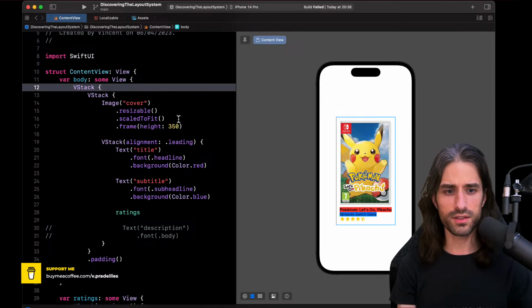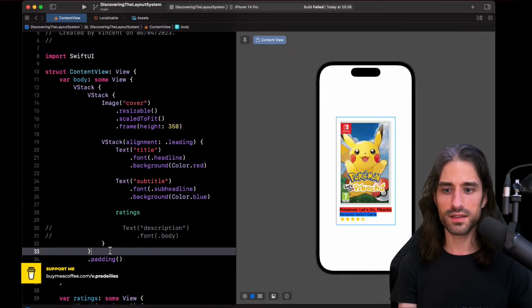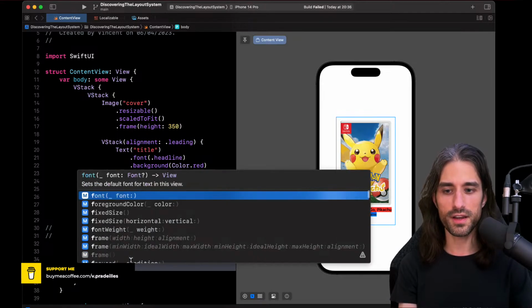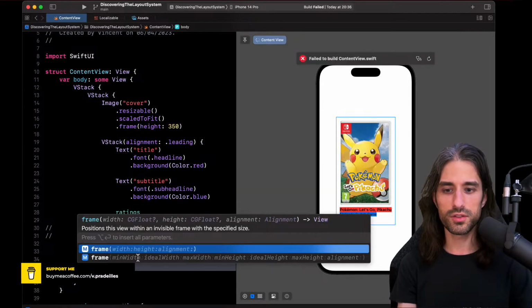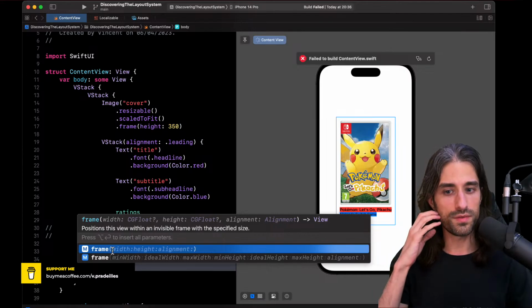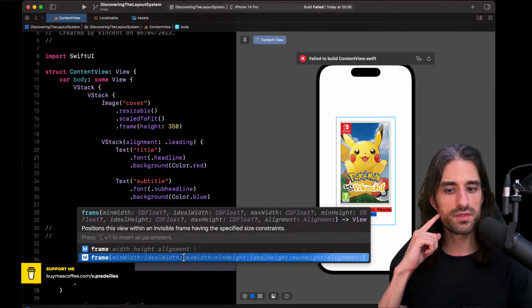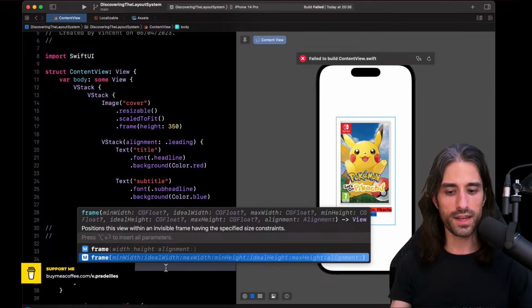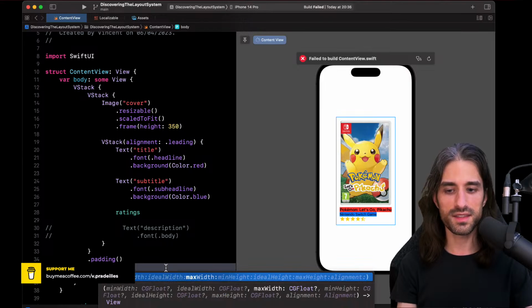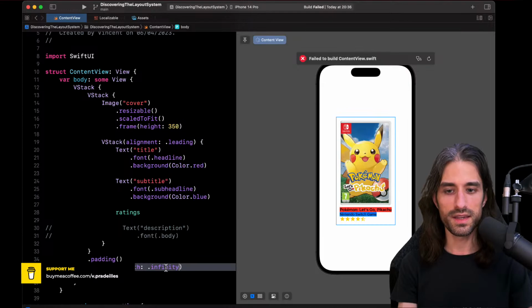Another thing I can show you: when you want to fill all of the space available, rather than using a spacer, you can use a variant of the frame modifier. You can see there are two frame modifiers. There is the one we've used, which takes width, height, and alignment. But there is also another one with min width, ideal width, max width, etc. You could use this one, for instance, and say here max width infinity.